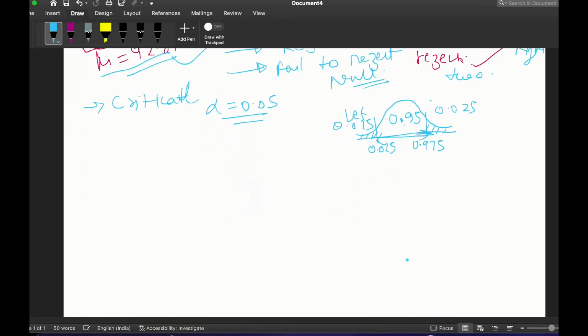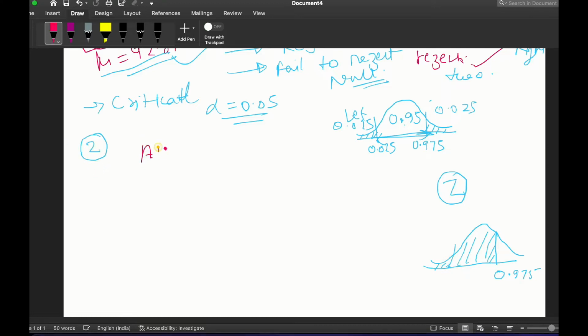Okay, one thing you have to remember is that when we see the z table, it will always give the area from the left. So whatever value you are giving, suppose we have given 0.975, so we are calculating this area. So this you have to remember. So okay, we will see the step number 2. Now we will calculate the area under the curve using the z value. So I've told you that the area we take from the left. So this is the 0.975. So we will just see our z table.